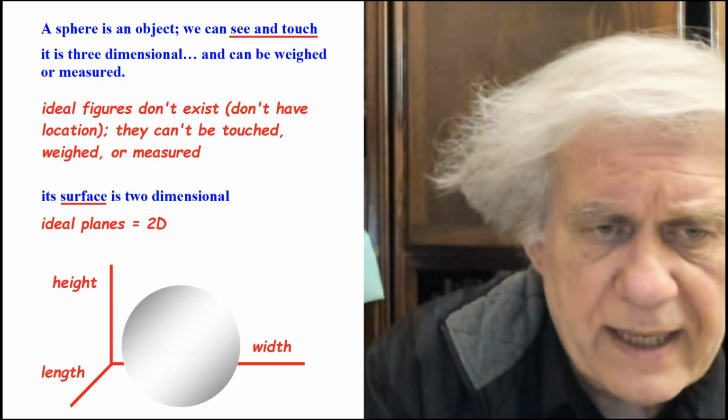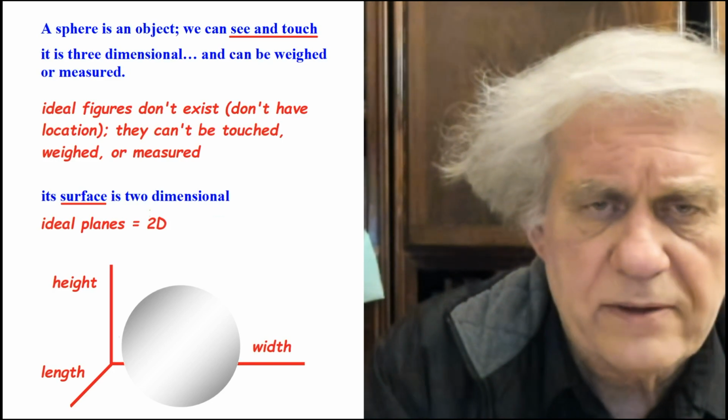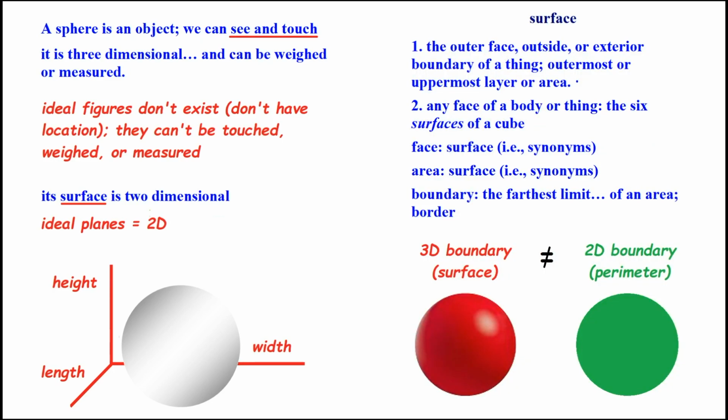Here's another issue in what this gentleman raised. Let me see if I can put this back up here. If I can find it. I think it's this one. Yeah, this is a second issue. Okay, here it goes. It's the word surface that he's got in that second line. He says, its surface is two-dimensional. Well, what I see there is that its surface is three-dimensional.